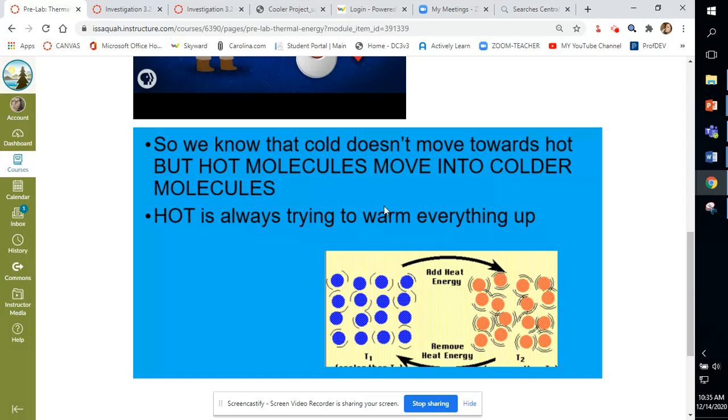What's happening is heat energy is always trying to warm everything up. So like when you open your refrigerator door and you feel that blast of cold air come out, you're actually experiencing that because the warmer air that is in your kitchen is rushing in. So when somebody's yelling at you to stop letting the cold air out of the refrigerator, technically you're not letting the cold air out, you're letting the warm air in.